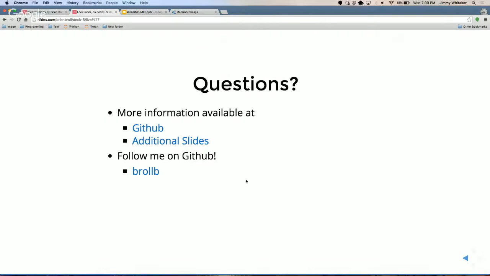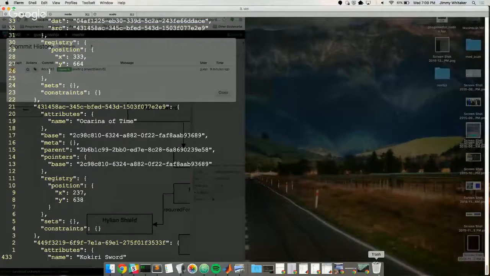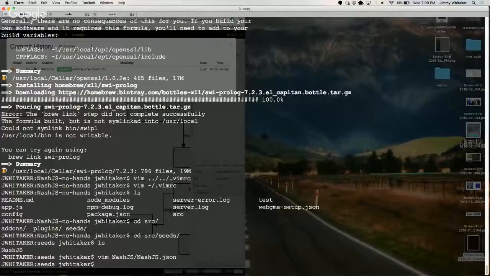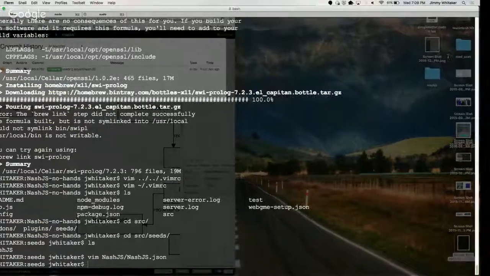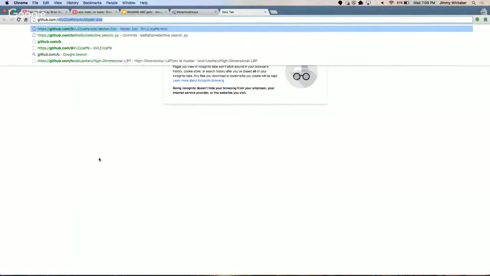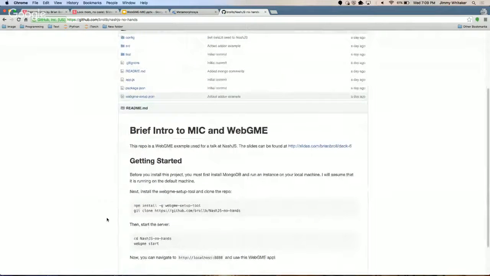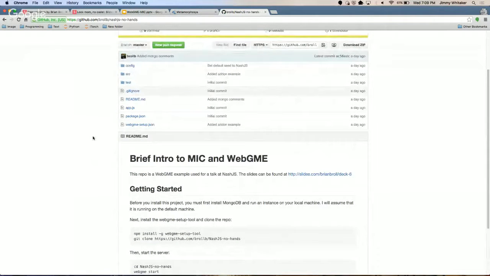I think I'm just going to provide these resources, the whole slides, and if you actually want to see the demos, you can find them. I'll write it over here. Actually, I can probably just open it somewhere here. GitHub. NashJS, there we go. So here we actually have the code that I was going to be showing as the examples, with a link to the slides, which has a link to the other slides, and all sorts of fun resources. So, does anyone have any questions?